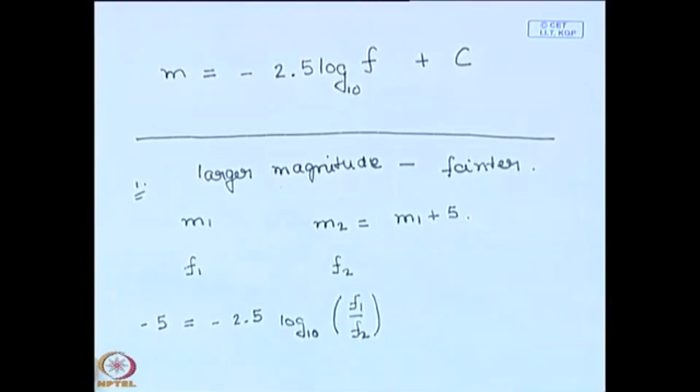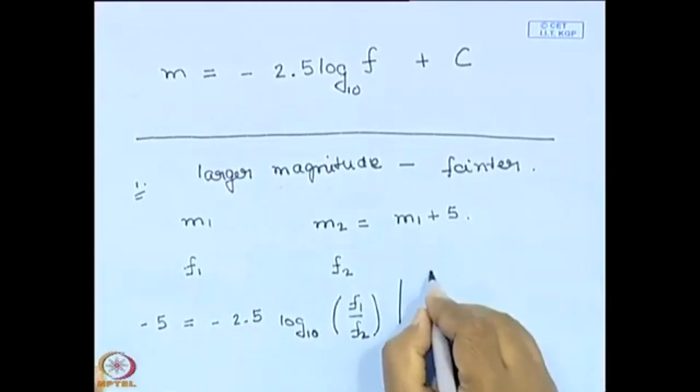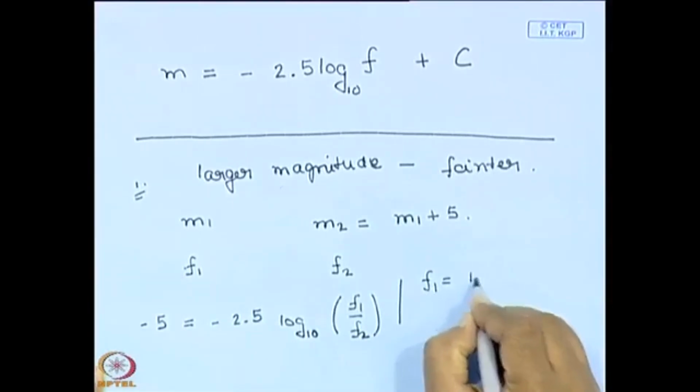So you want the log base 10 of the ratio of the fluxes to be 2, right, which essentially tells us that F1 is equal to 100